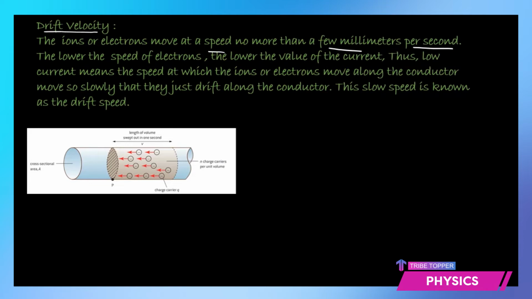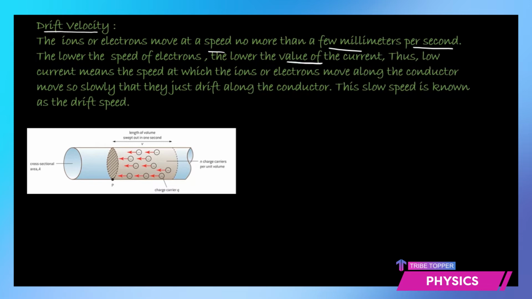That is because it's a huge number of electrons which travel in 1 second. So they are bound to collide with one another and with the walls of the conductor. When they collide, they stop, they start again. So every time the speed of the electrons is lowered, and when the speed of the electrons is lowered, obviously